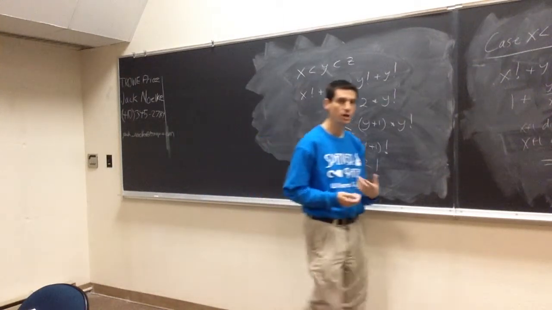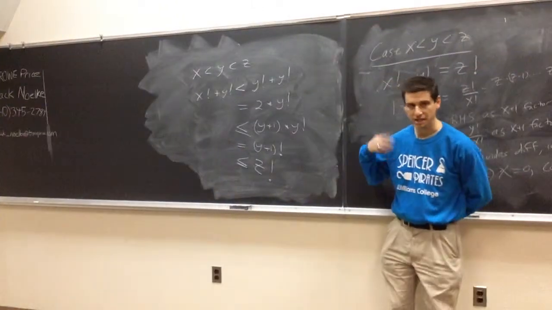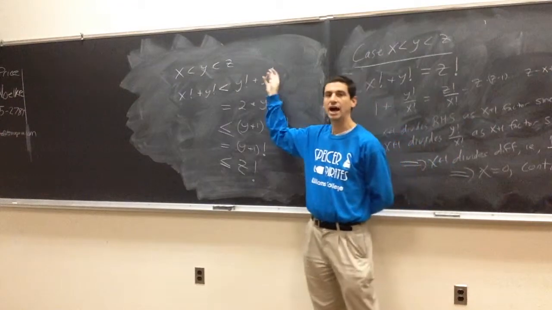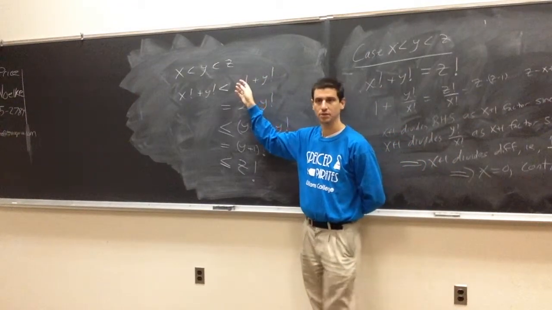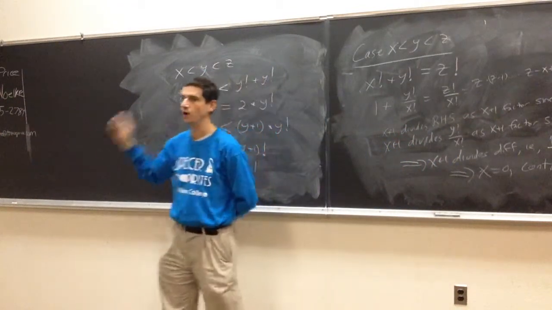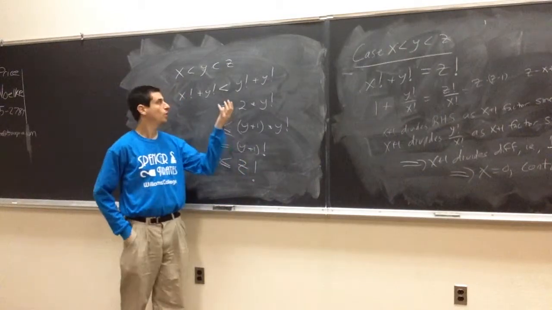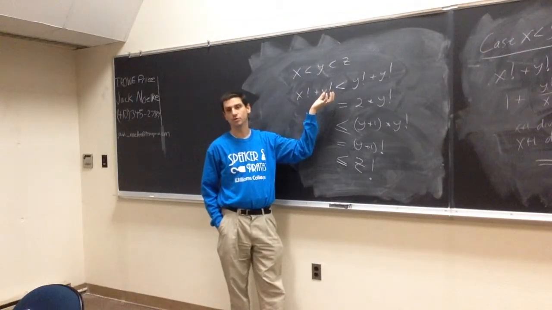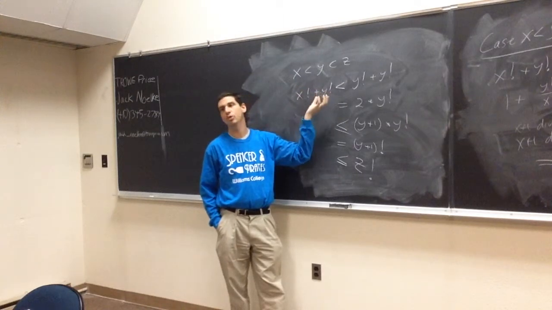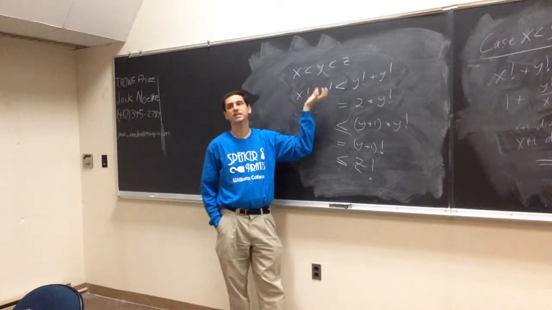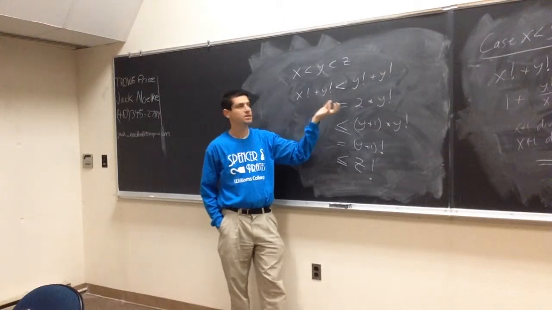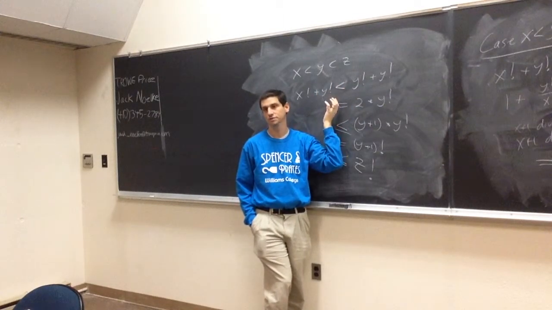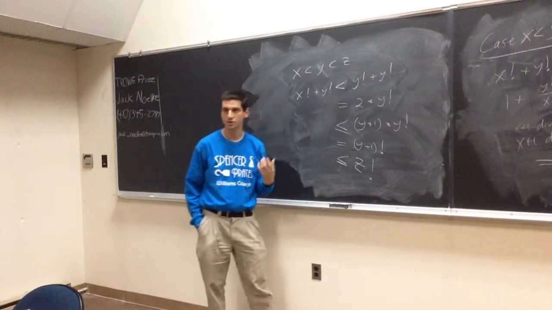So there's lots of different ways of looking at these problems. I'm an analyst at heart. I'm not an algebraist. And so for me, I always like to look at how is something growing? How fast is z factorial going compared to y factorial and x factorial? Well, x is less than y, so x factorial is less than y factorial. The best this could be would be 2y factorial. And it can't even be that. Similarly, the z factorial has to be significantly more than y factorial. And so in terms of just looking at how things go in the limit,